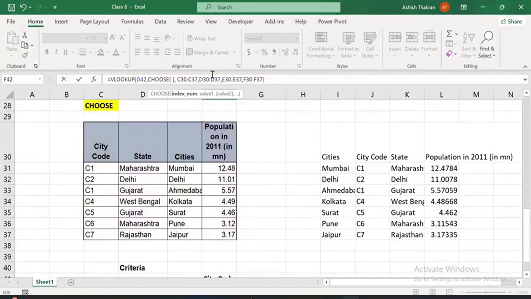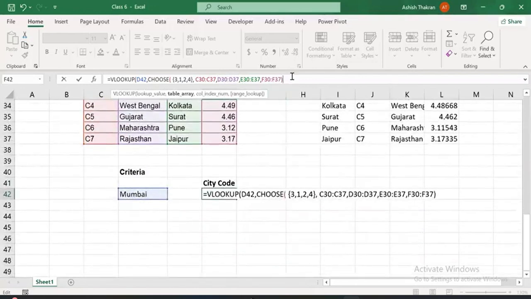So I want to give city as the first. So the third value should be at the first, then 1, 2, 3, 4. So I have kept 4 at the last. That means second at the third position. So the second column will be at the third position. This is my value 2. This will be at the third position. So state will be at the third position, right? Then close the choose function,